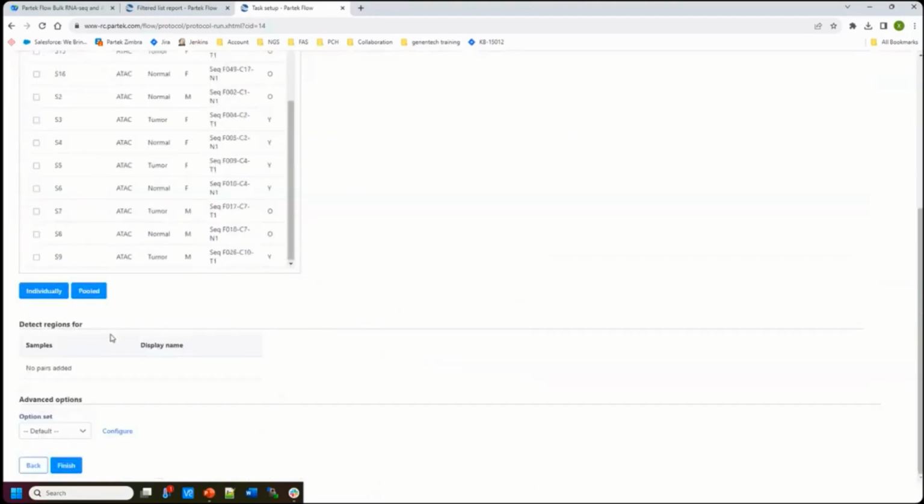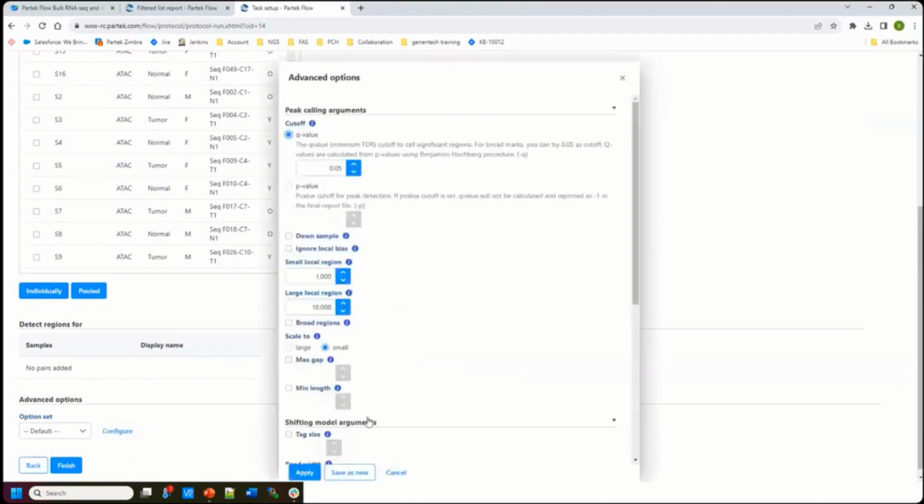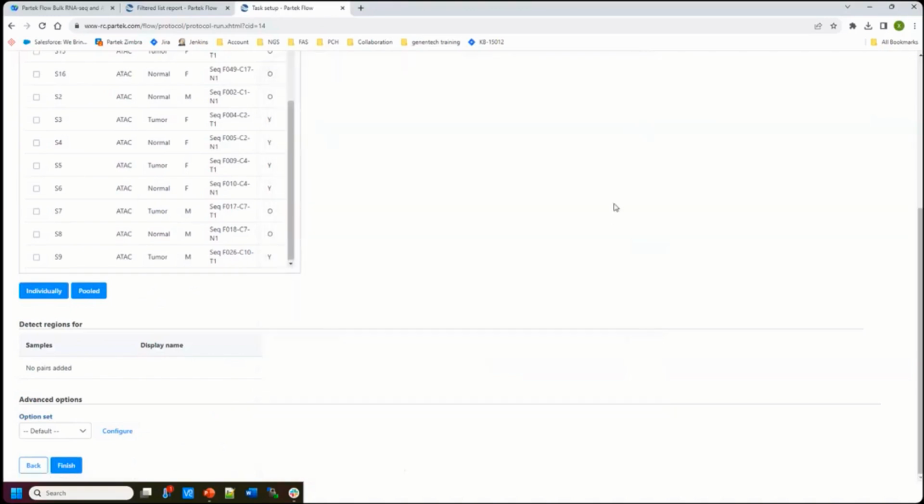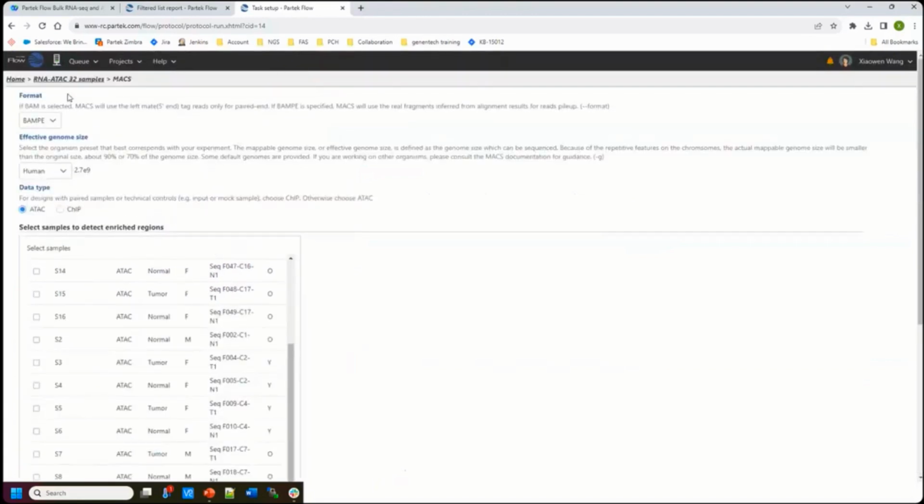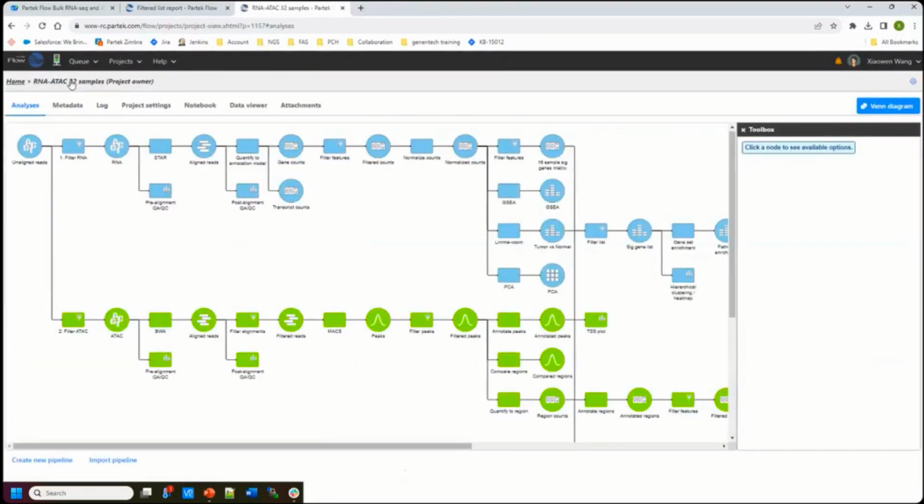Okay, so that is the only difference on how to set up which samples you want to detect the peaks for. And if you know what you're doing, you can configure the peak detection parameters, but I would use the defaults as the first iteration and click finish. After this is done,